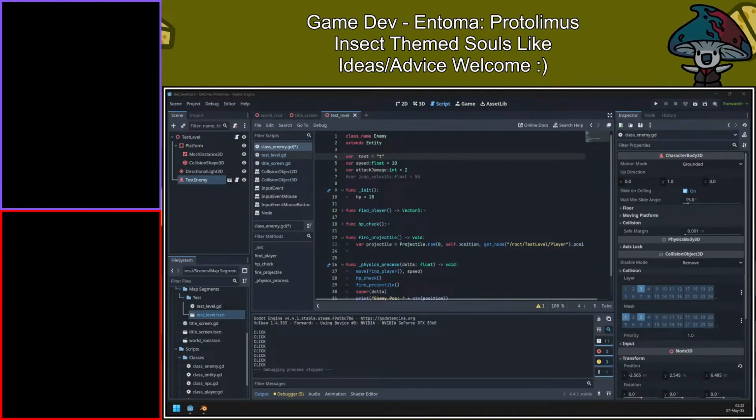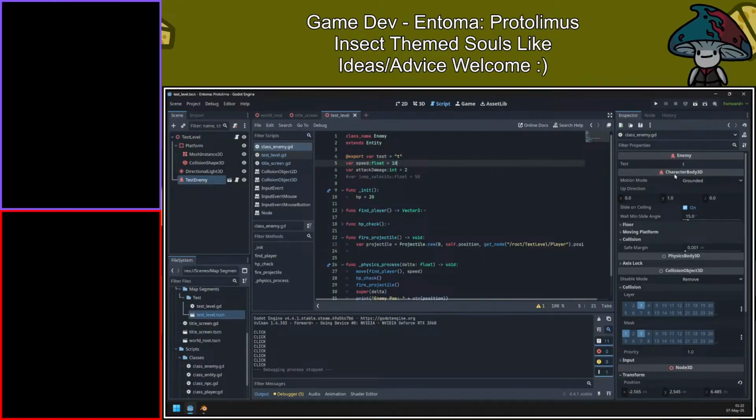Go.export syntax. Oh, to export. Okay, so test and